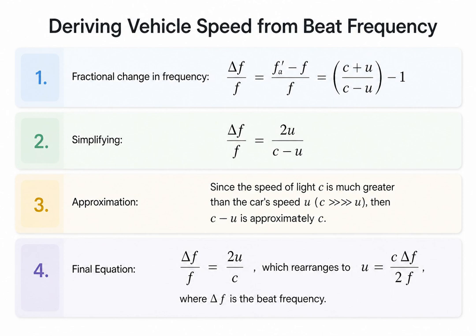The fractional change in frequency simplifies to 2u over c minus u. Since the speed of light, c, is vastly greater than any car speed, u, we can approximate c minus u as simply c. This gives us an elegant, direct relationship. The car speed, u, is equal to the speed of light times the beat frequency divided by twice the original